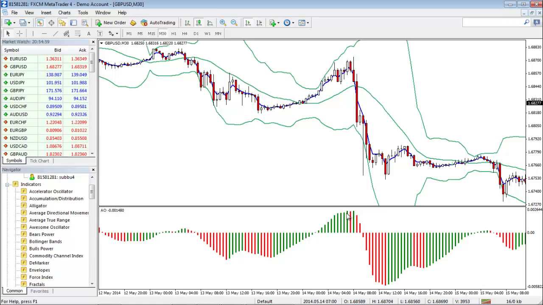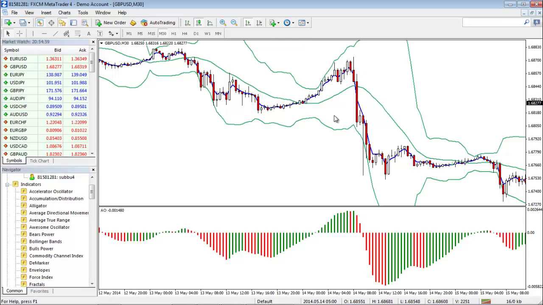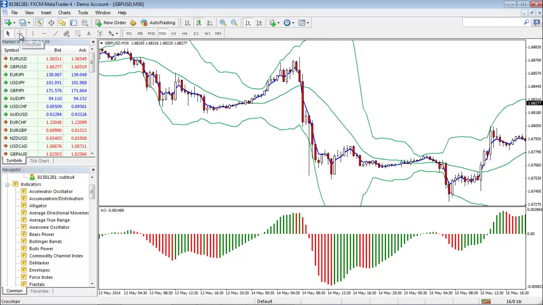That one also you can use to exit the strategy. If you see here at this point, the awesome oscillator has changed its color. So once you enter here, you can wait until this point where the awesome oscillator has changed its color to red color, and you can exit here, or you can normally come out with a take profit of 10 pips. So this is the entry strategy for long entry using this strategy, and for a short entry, again, wait